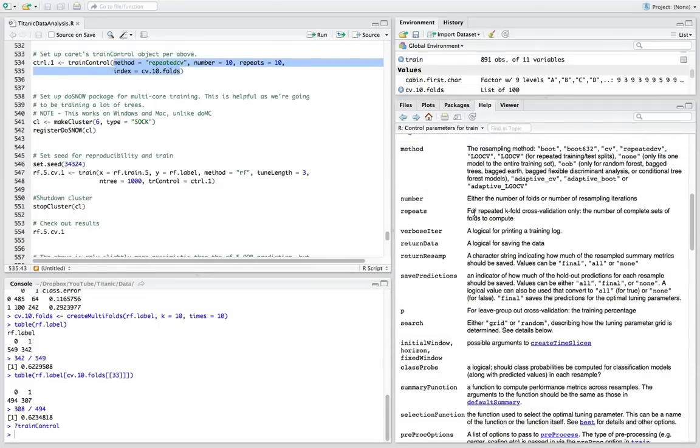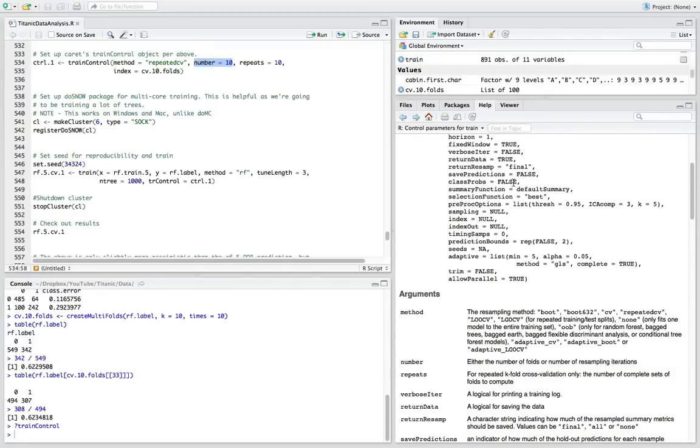And we say, okay, method is just a string, and there's lots of different options, right? I can use the bootstrap, I can use the bootstrap 632 algorithm, I can just do simple cross-validation or repeated CV. That's the one we're going to use because that's what we're doing. The rest of these you can read about later. There's lots of cool stuff that Caret supports. Okay, next is the number parameter, which is the number of folds. Okay, great. So we set that to 10, right, which also happens to be the default,